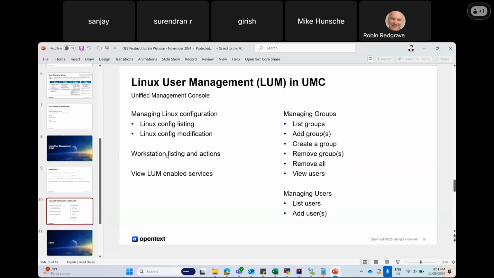LUM is already present in iManager, and we are introducing it in the UMC now. So there might be a few naming convention changes, nomenclature changes, in the UI. As we go through the demo, if we encounter any naming changes, we will address them. So let's see what are the